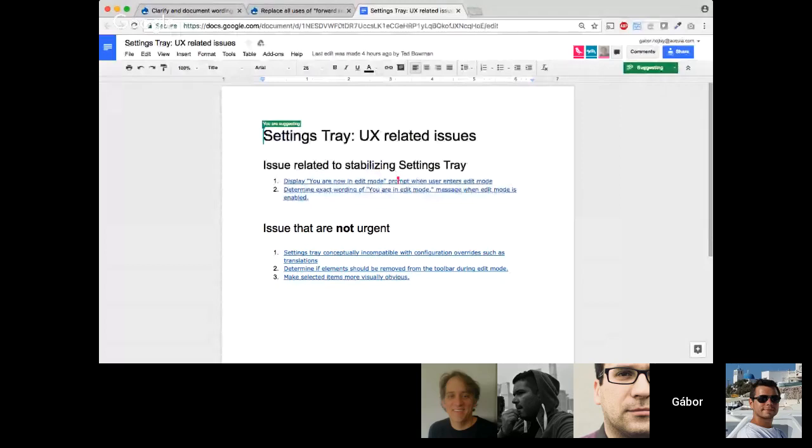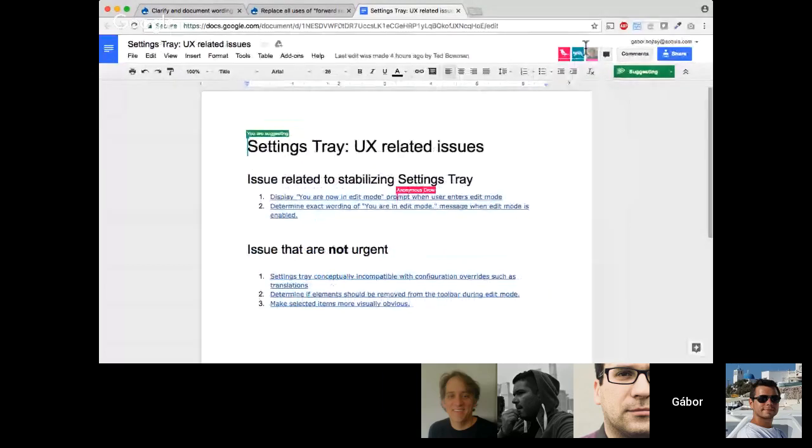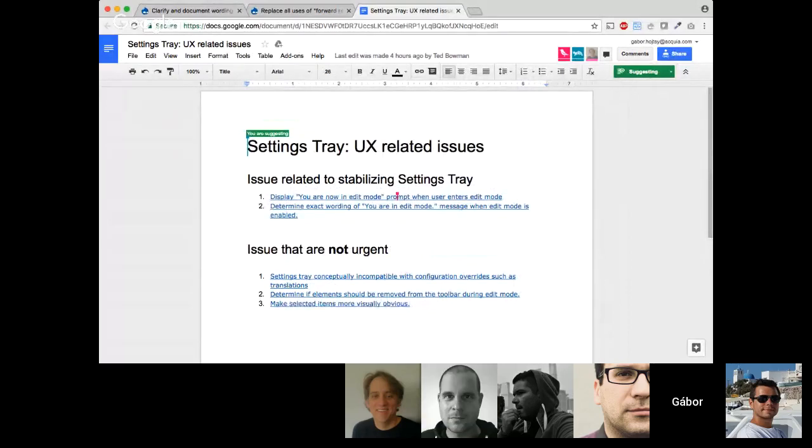So there are two issues that are needed for stabilization. Roy has been commenting on both. Thanks. The first one is more of a top priority. Basically, when you go into edit mode, it's going to display a message. Right now, the message is you're in edit mode. The second issue is whether that is the correct wording. The first issue is how that